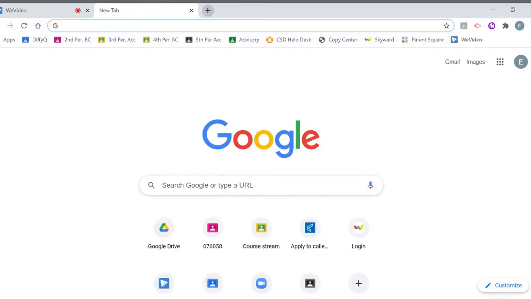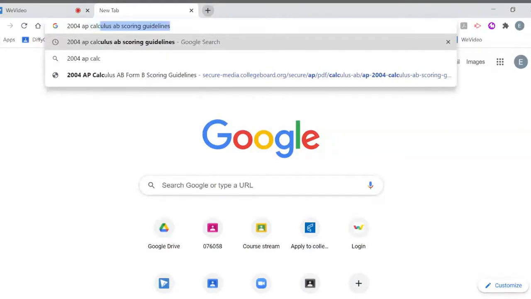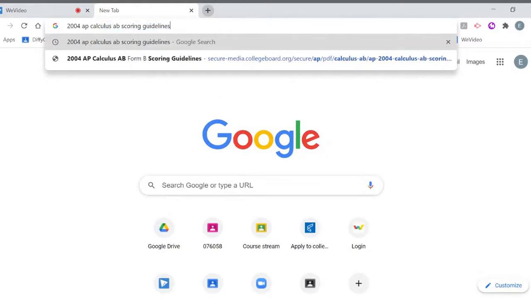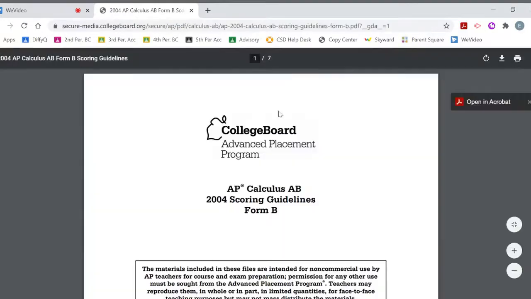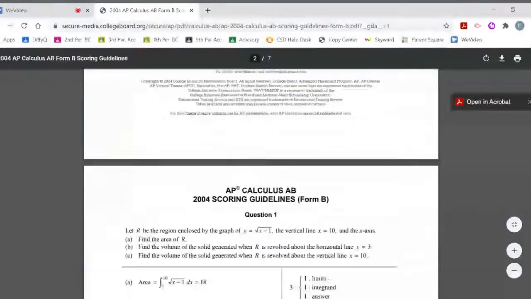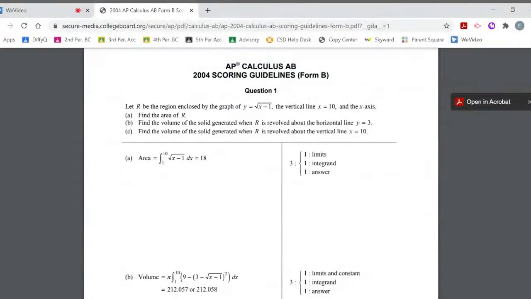All right, my friends, I want to make sure that everybody knows how to find scoring guidelines when you need to look them up. It's actually super easy. So you just type in 2004. Make sure that you realize that until I say otherwise, we will be using AP Calculus AB material, and then type in the word scoring guidelines, okay? So it's a Google search, easy thing, okay? And then make sure that you select something that says Form B, and then all you'd have to do is